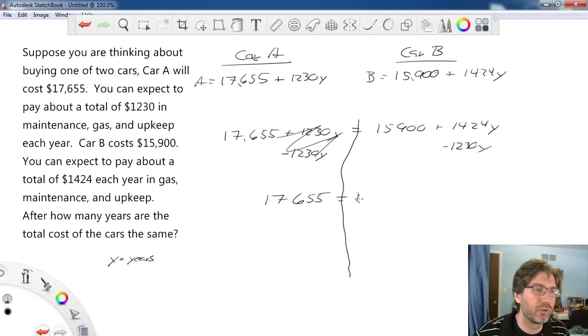17655 equals 15900 plus, and then go ahead and bring out your calculator, unless you want to do that by hand, which actually isn't too difficult. 1424 minus 123 is going to give me 194y? Then you go ahead and just solve it. So we're going to subtract 15900 from both sides. We're going to get 17,655 minus 15900. I'm going to get 1755